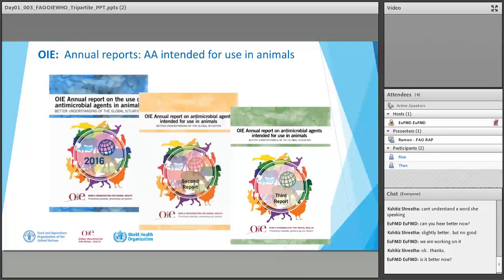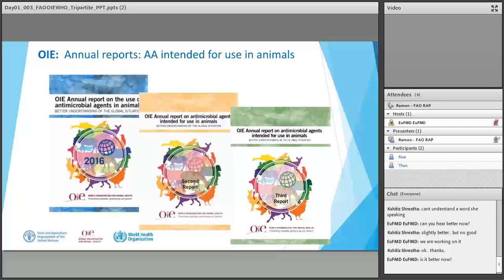From time to time, OIE conducts surveys, and there are three reporting options. The first option is just to report the quantities of different chemical types. If you go to another stage, you identify what chemical is being used on what animal group. When it goes to the third level, it is further detailed into what chemical is being used on which animal, for what purpose, by which route. But I think no country in this region has gone up to that level yet, but OIE still supports the countries to go to this level.